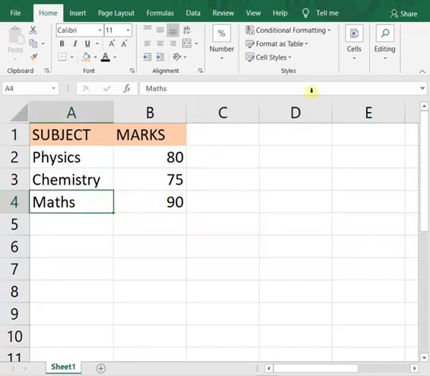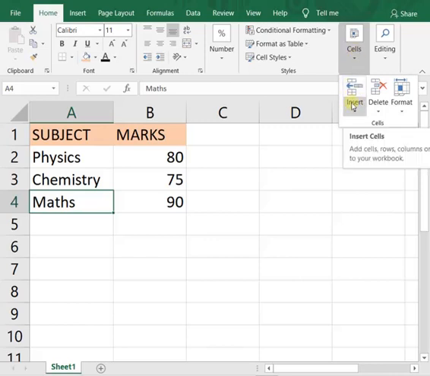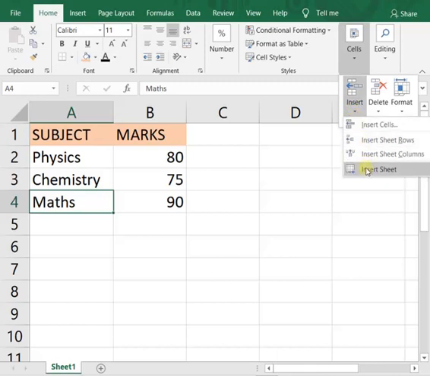Then we have to go under the Home tab, to the insert section of cells. Here, insert cells, then click on it. Some options will be there. Here we have to click on insert sheet rows because we are inserting rows.